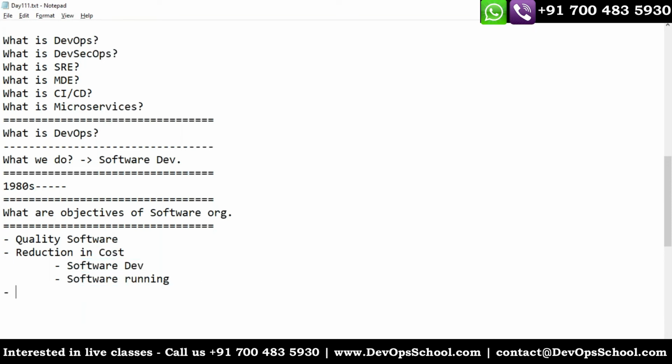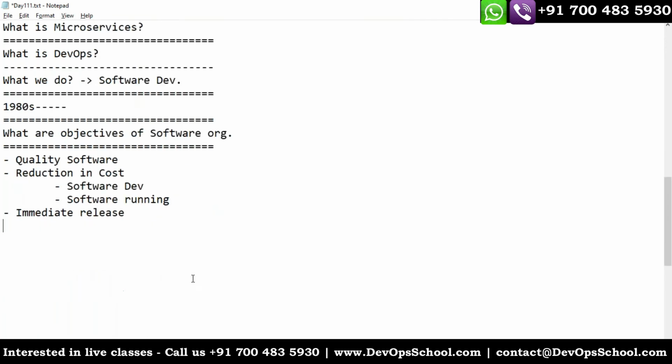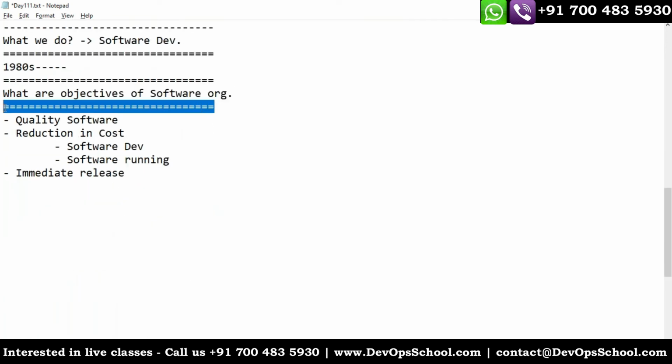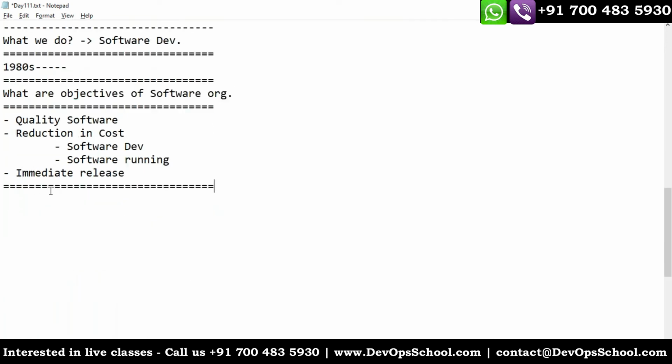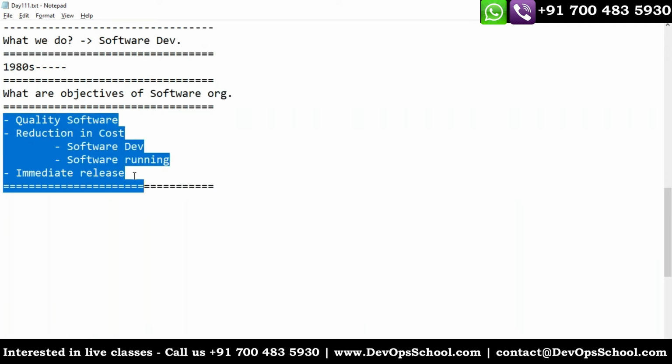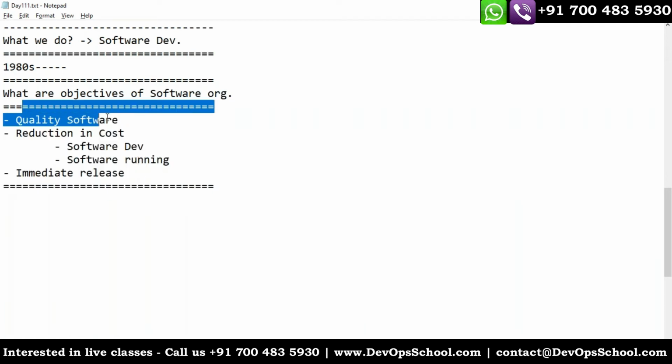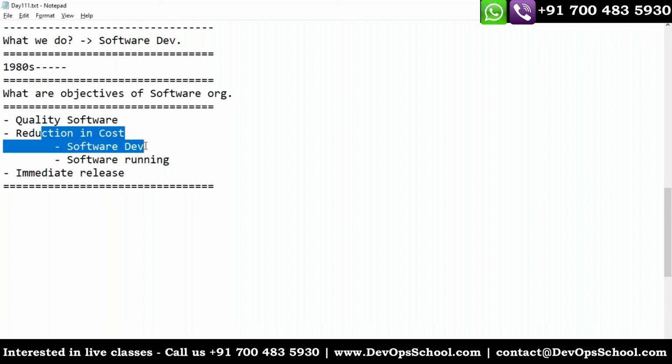And the third important objective we have is immediate release. So these are the overall three objectives every software organization has: quality software, reduction in cost in terms of development and running, and immediate release.